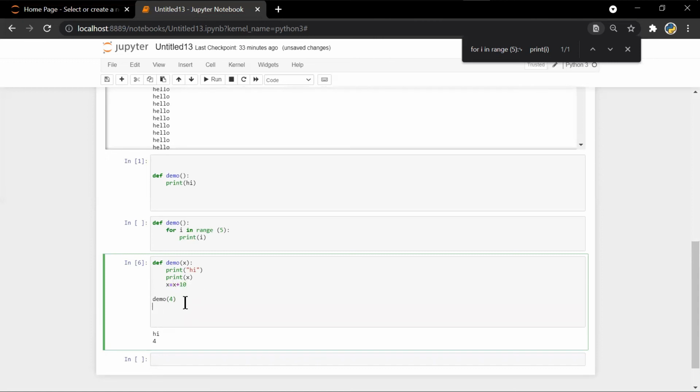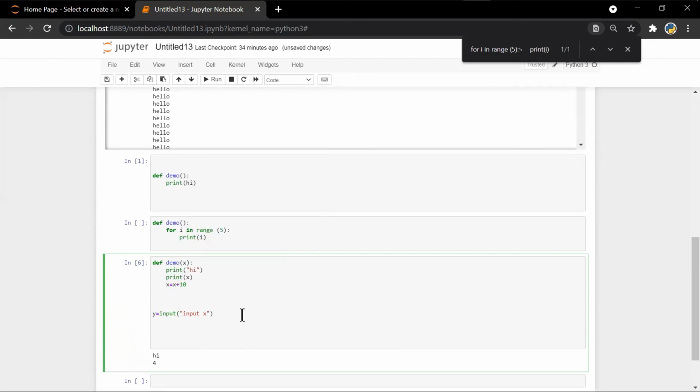So whenever you need a function, you will simply write the value of x here, or you can write y here and then ask the user input, like x is equal to input, and input the value of x, and y will come here. So that value of x will come here. Python goes line by line, so now that value will come here, and then it will go into this loop, and it will print it here. And now I write print x.